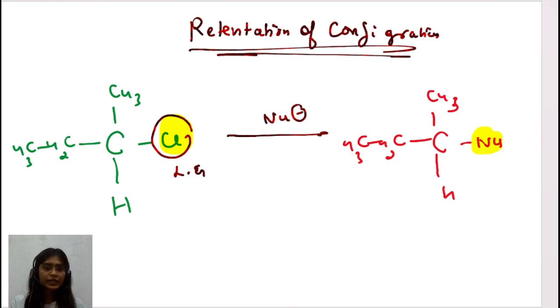Okay, now the SN1 mechanism has finally ended. Let me quickly brief what we discussed in today's class. In the SN1 mechanism, there is a retention of configuration, first point. Then, talking about the stereochemistry, a planar carbocation forms, because that is the rate determining step, so the nucleophile may attack from above the plane or below the plane. Hence, technically 100% racemization should be there. But sometimes, due to the presence of the leaving group, there is some crowding or hindrance, and because of this we are not getting a 100% racemic mixture.